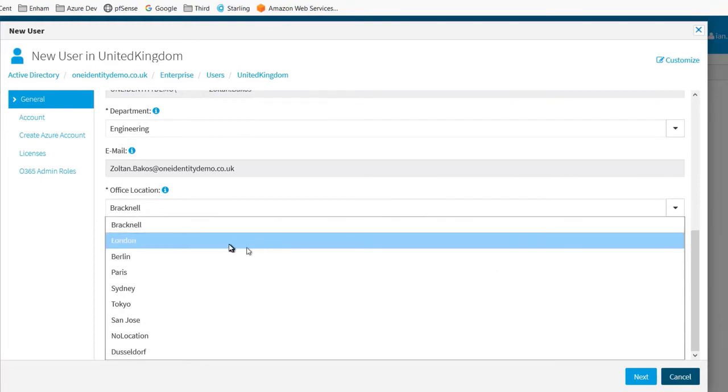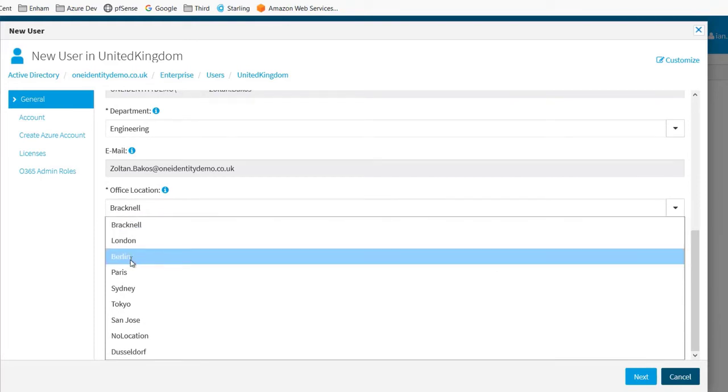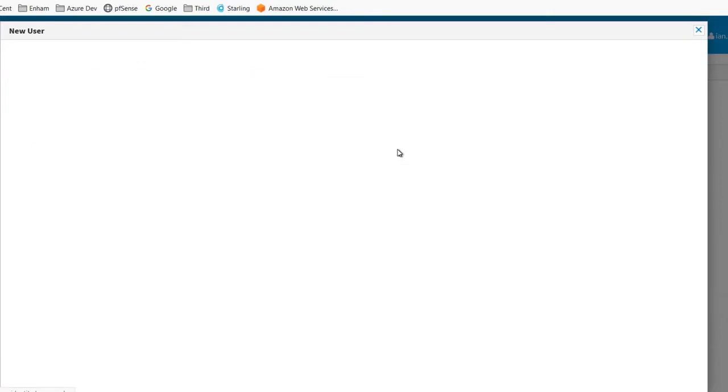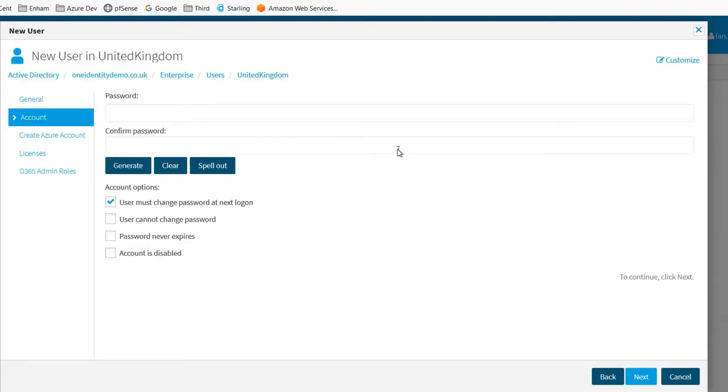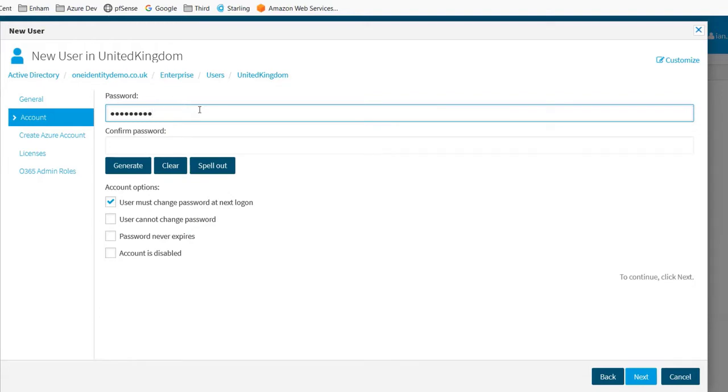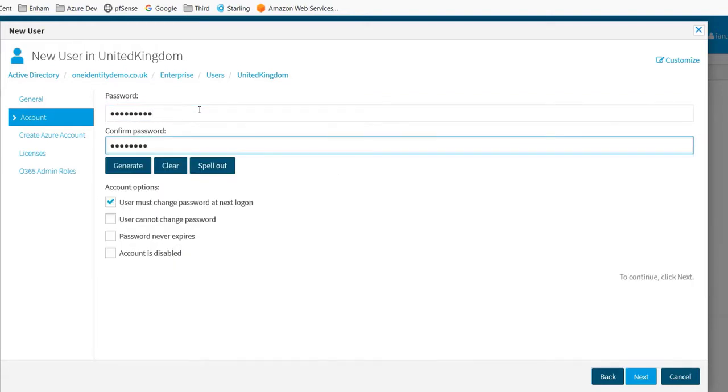As Zoltan, my colleague, is based out of our Germany location, I'm going to put him in the Germany office there as well. Again, I'm just showing this as a manual process. Typically organisations will use an onboarding system that might be connected, or a CSV file to import and do this provisioning process. So I'm going to create a password here for Zoltan, and as you can see, we can automatically create the password and have this spelt out to the user, but for demonstration purposes we're just going to set this manually, and I'm going to put on here that the password never expires.